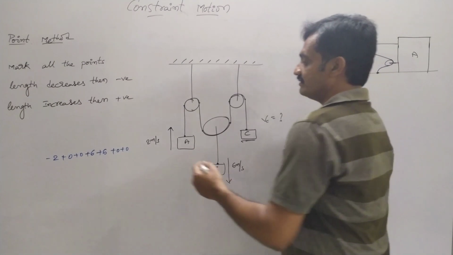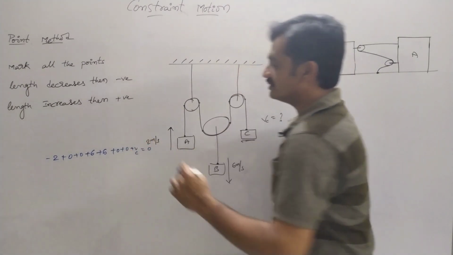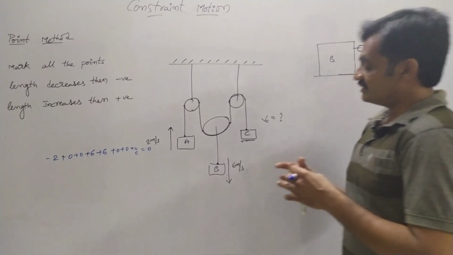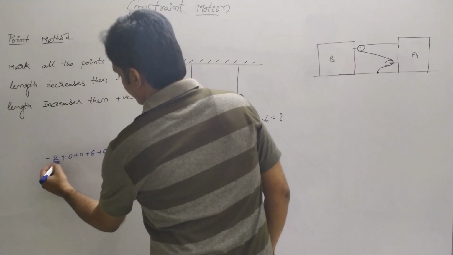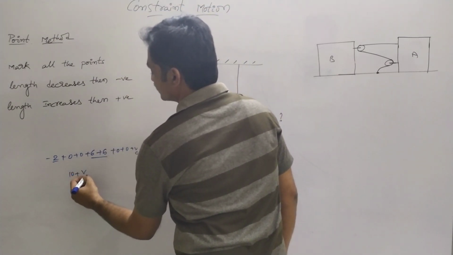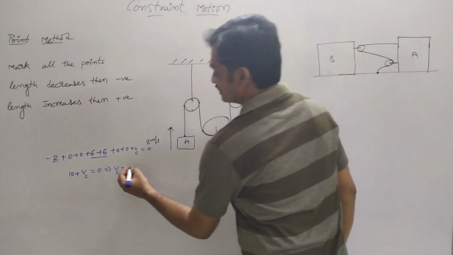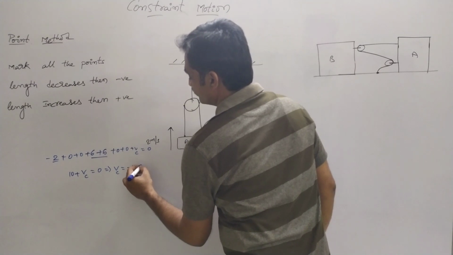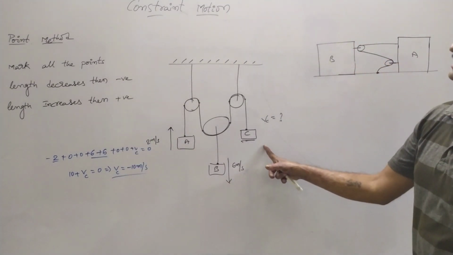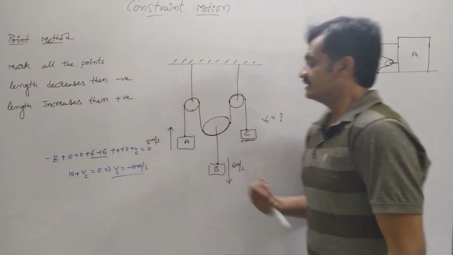Now we have to represent the velocity of the pulley, which is equal to 0. So here observe this, we have minus 2 plus 12, nothing but 10, plus v suffix c equals 0. Then the velocity of the block C is equal to minus 10 meter per second. Then we can say that this block is moving in the upward direction with 10 meter per second.